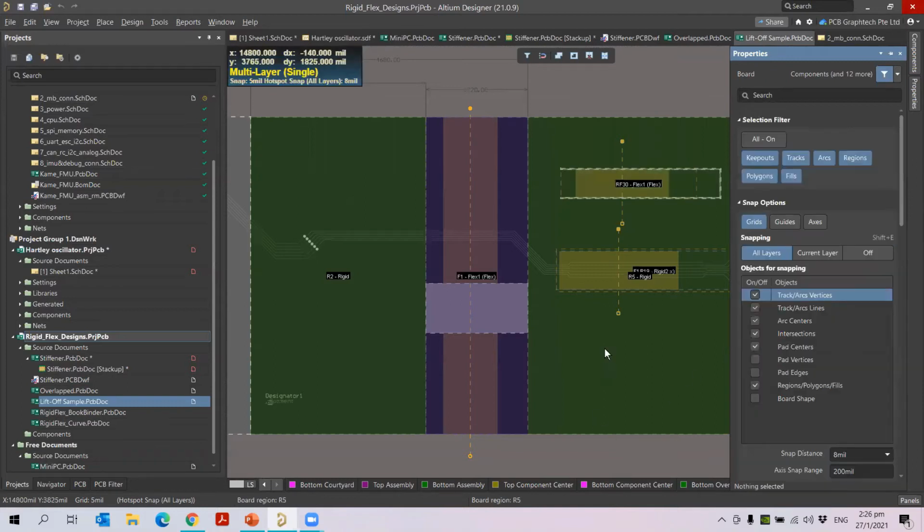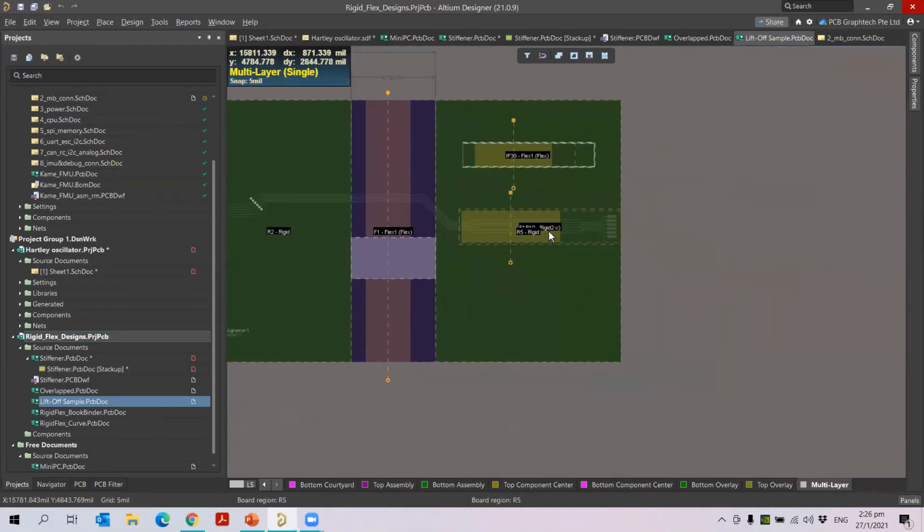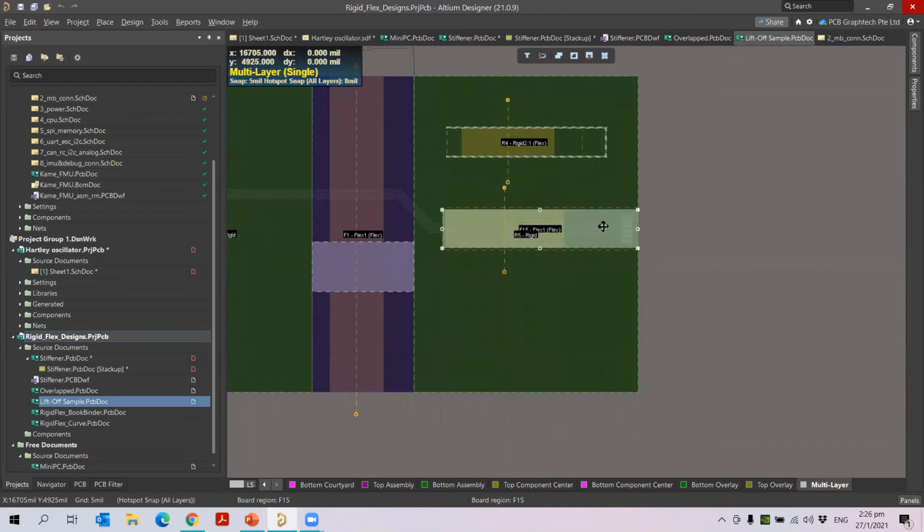Okay, so the advantage here is that you can extend your flex board. This is also a new feature available only in 21. For example, now I have this region, and I want to extend it outside to a certain level, so you can extend the board. Please remember, when you extend, the bend line will not break or be affected. So you can extend it.